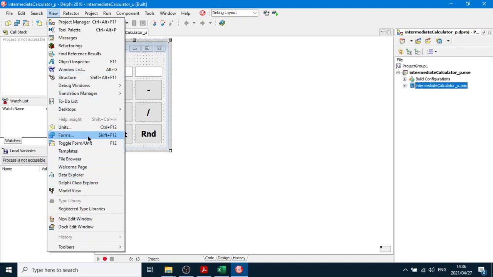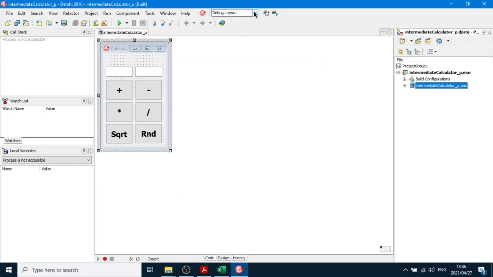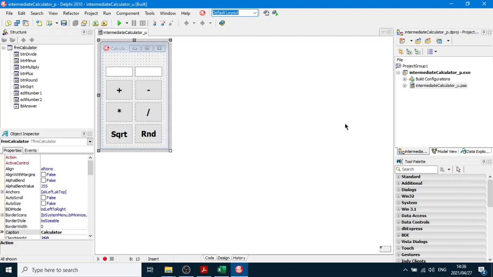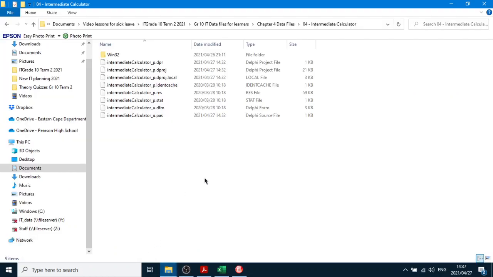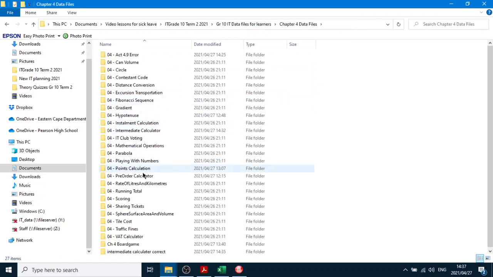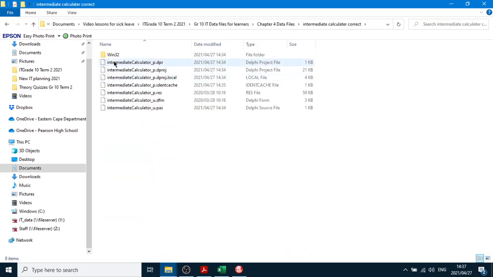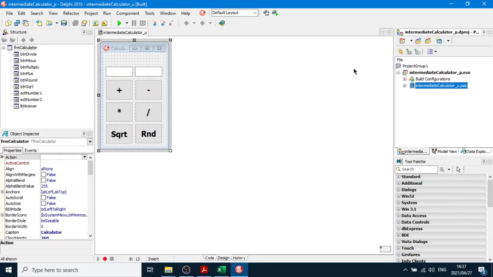Not units. Well, no, I can see the units. It's fine. File. I know where that is. Okay, default layout. Well, I'm going to try something else here. I'm going to get rid of this Win32. Okay. I'm going to close this,